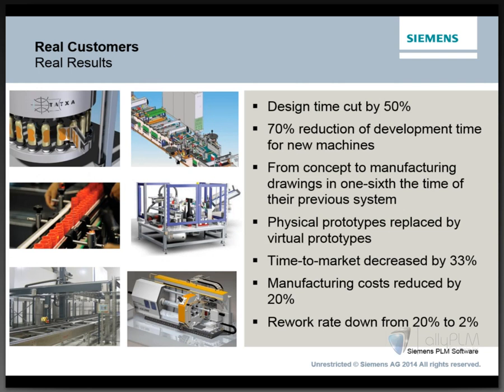Today, we've shown that the best industrial machinery companies have found a way to significantly improve their performance. They've leveraged advanced software to improve their processes from sales to design to manufacture. And here are the results. Design time cut by 50%, physical prototypes replaced by virtual prototypes, capacity for new product development increased by 30%, manufacturing time cut by 20%, manufacturing costs reduced by 20%, significantly fewer errors and part interferences found in manufacturing,